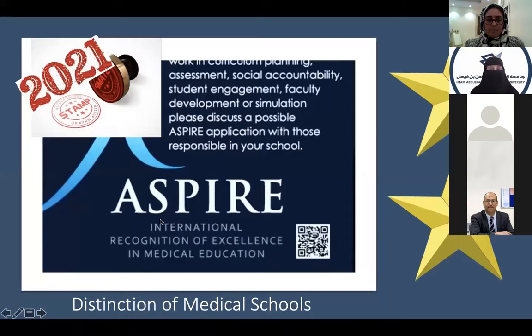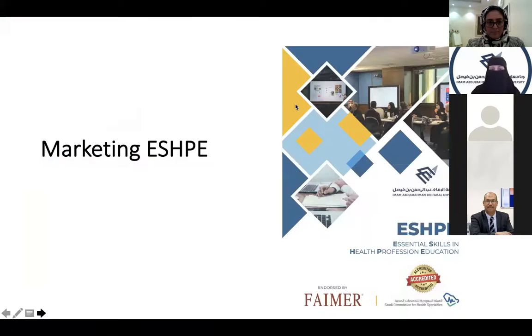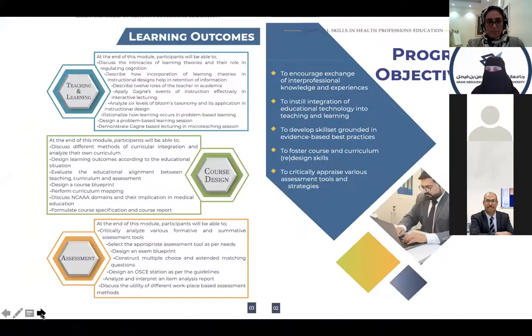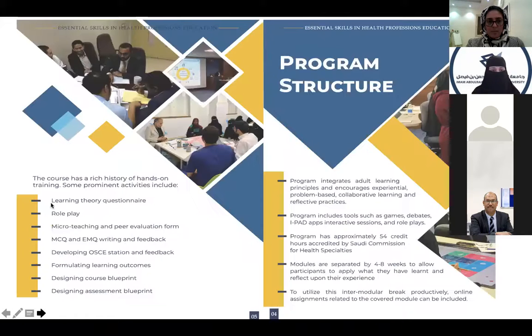And I want to share with you the good news that we gained Aspire recognition for student engagement in 2021. It was announced at AMEE 2021. And this is the brochure for the HB course, showing this was the last batch which we had in the e-learning deanship building. And it shows the 3 modules, the objectives, and we used a lot of role play when we discussed,